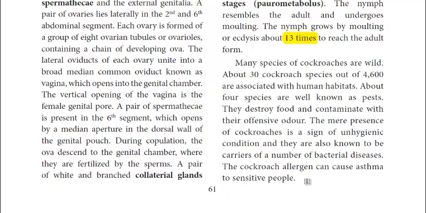The best part of the topic that we are studying about cockroaches is that you should be very careful. You should have a proper check on your kitchen and bathrooms. You should not find any cockroach. If at all there is one, it is an urgent need for you to clean it and ensure that the cockroaches are not there. It should be killed so that you can have a better condition at your home.